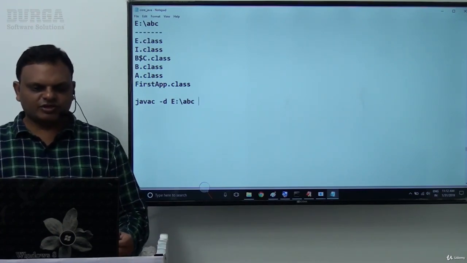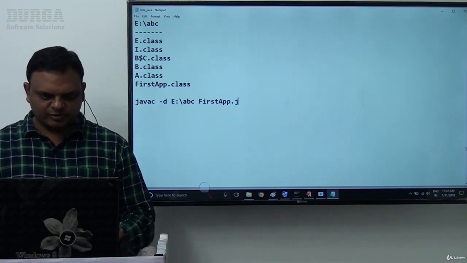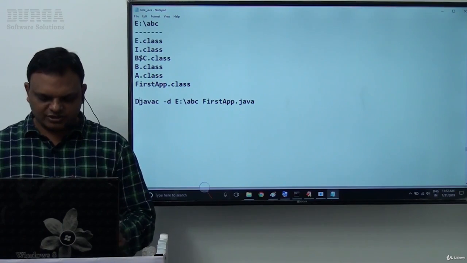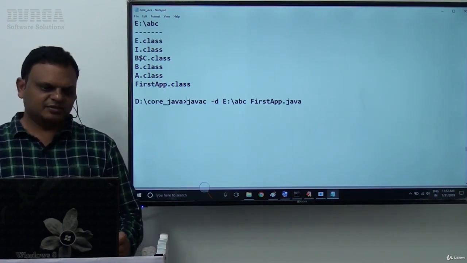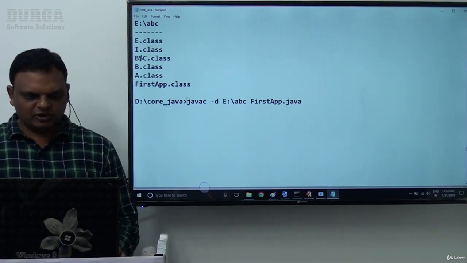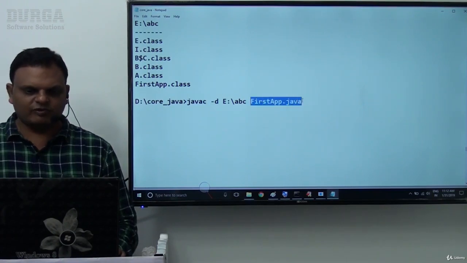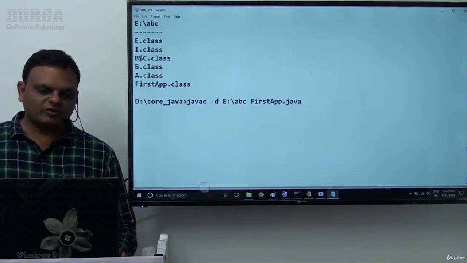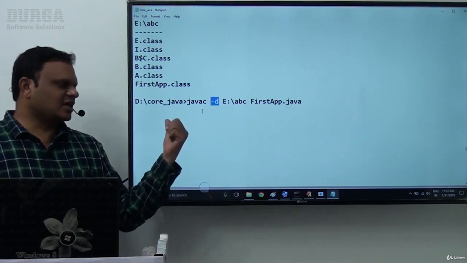After this destination location, we need to provide the source file name. My file name is first app.java. We are at the d:/core Java location. From this location, I want to compile first app.java. How are we going to compile it? I don't want to store the generated .class files in the current location.